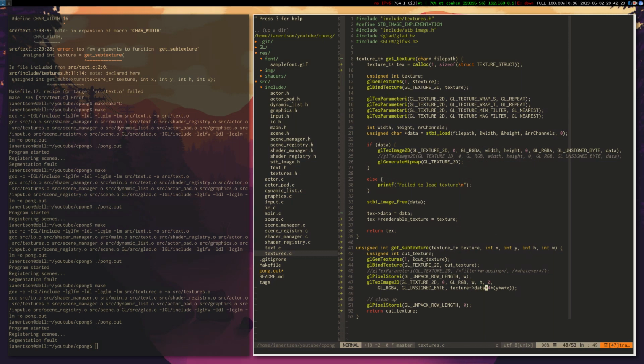Why do we do +4 here? Width, height, so okay, we want a square of 16 by 16 and plus